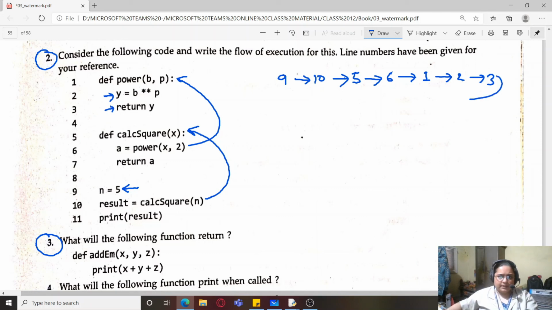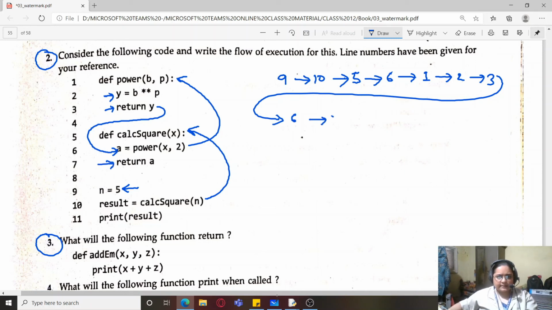Then from 3, this value will be returned over here to a. So it again comes back to 6. Then return a, that is 7. So this gets returned over here, that is to 10. And then after this, 11. So this is the flow of execution of the code.